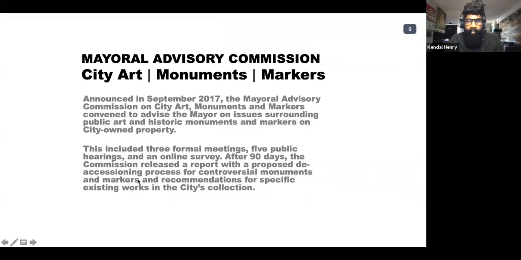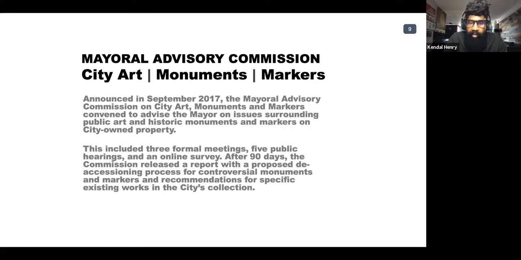Okay. So now we get into the monuments. And so how did we get here? How did we get here? There was a lot happening, particularly in the South, in 2017, when there were issues with the Confederate monuments and some of them being removed, and some of the interactions with that removal were quite violent. An individual lost her life,